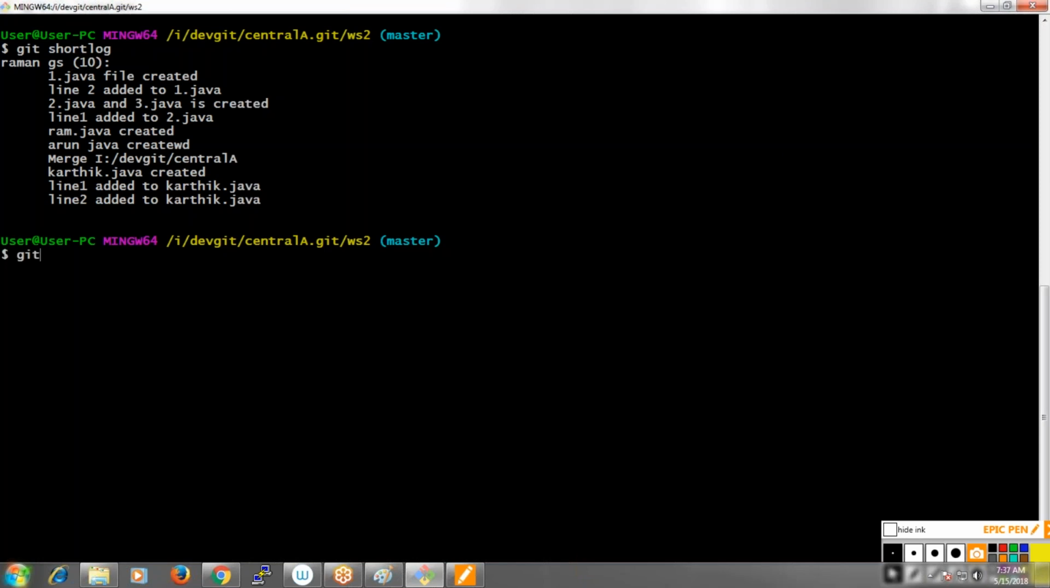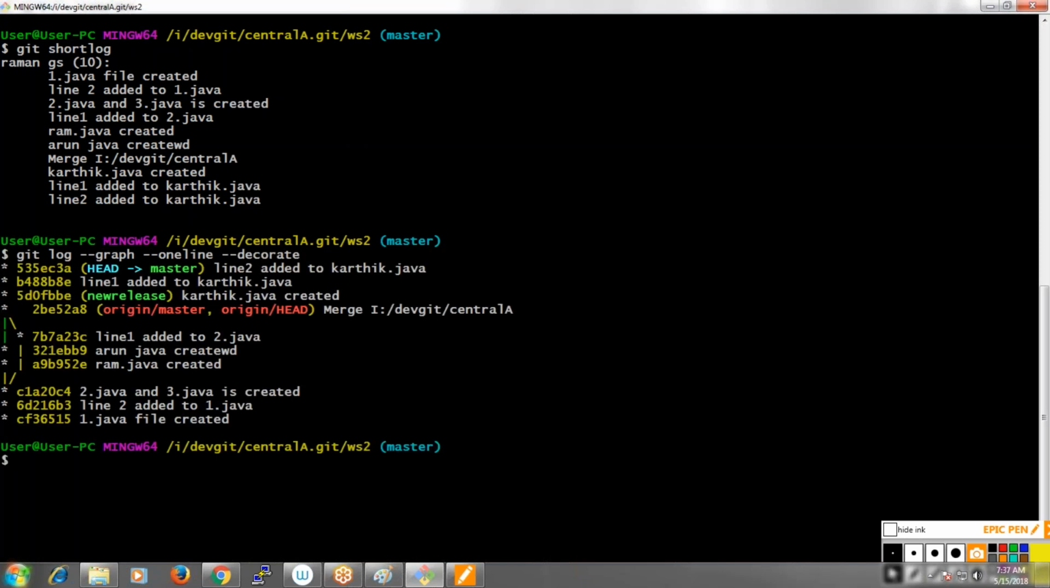You can also get more information. Git log --graph is another option which lets you display in a graphical manner, with --oneline and --decorate. Now we can find this information, which gives more detailed information from which it is branched. Now you have a git log here, line 1 added to Karthik.java, and